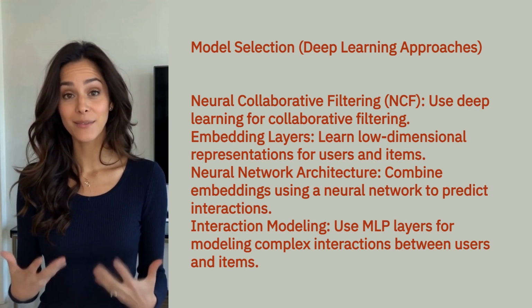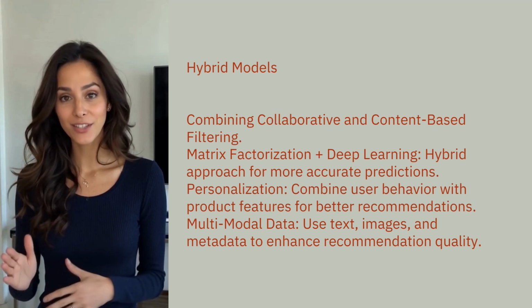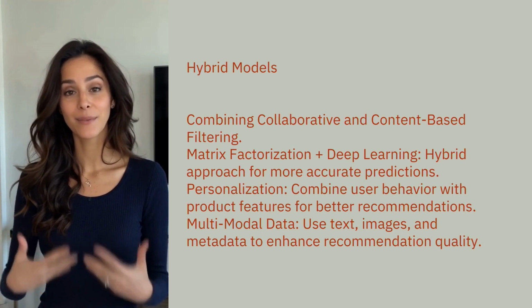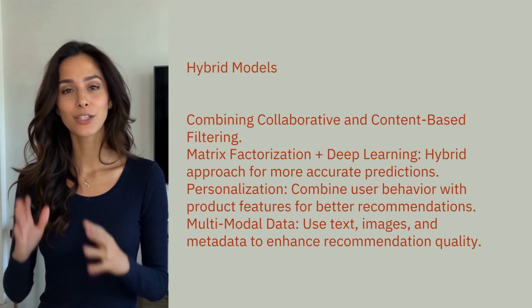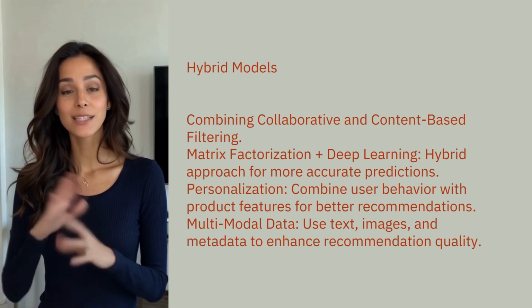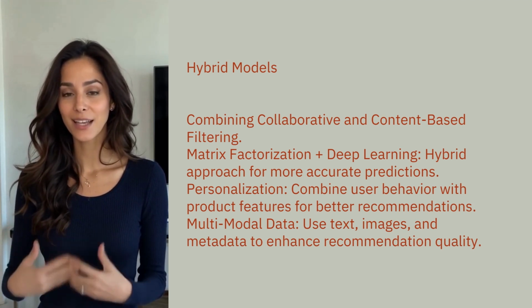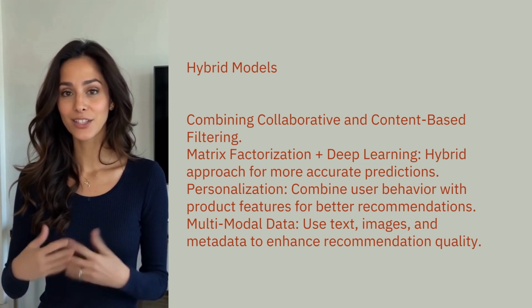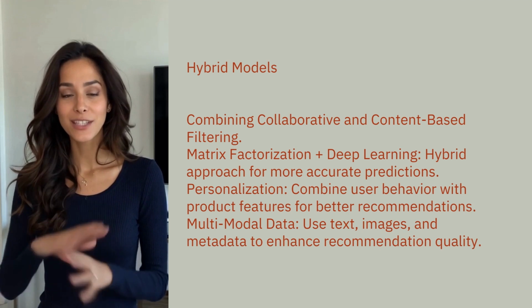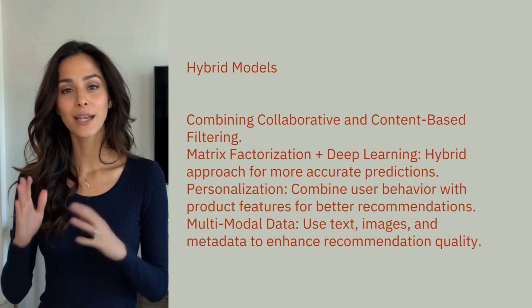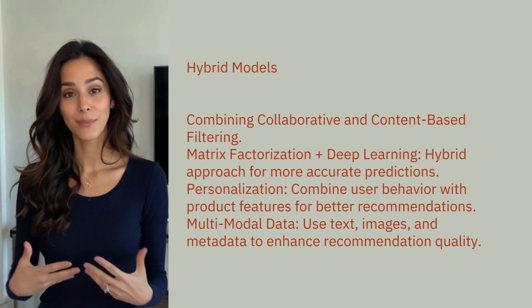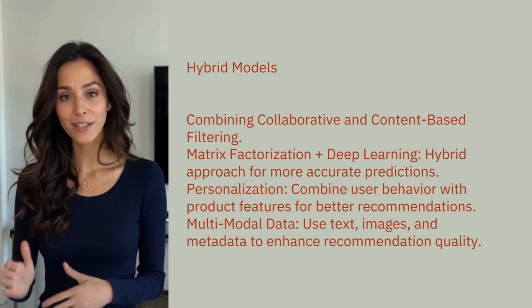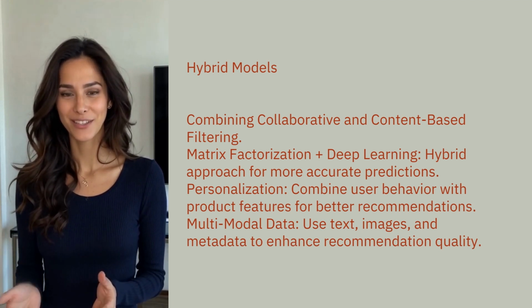For more robust recommendations, we can combine collaborative filtering with content-based filtering in a hybrid model. Collaborative filtering uses interactions between users and products, while content-based filtering leverages product metadata or user attributes. This hybrid approach can deliver more accurate recommendations by providing both implicit and explicit signals. Additionally, combining methods like matrix factorization with deep learning models can further improve performance, as deep models capture nonlinear patterns that matrix factorization may miss.